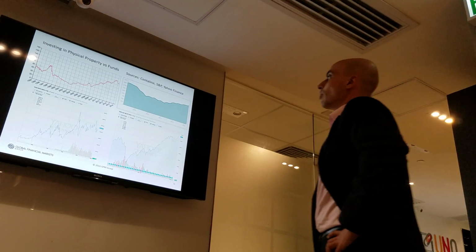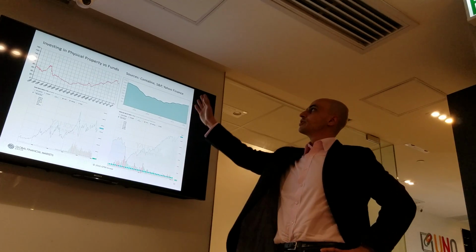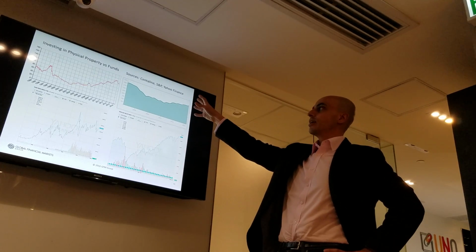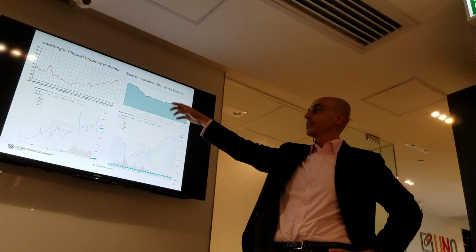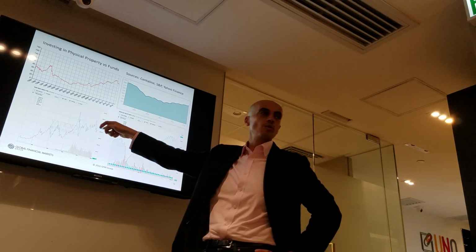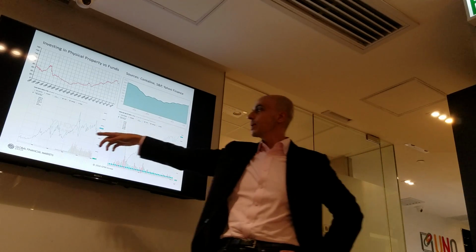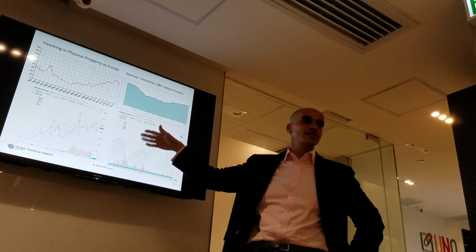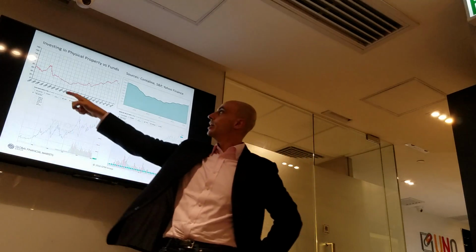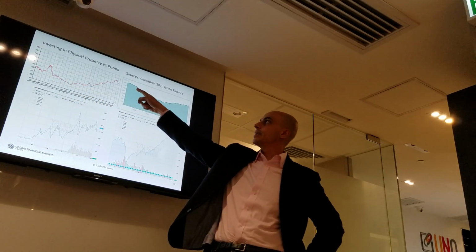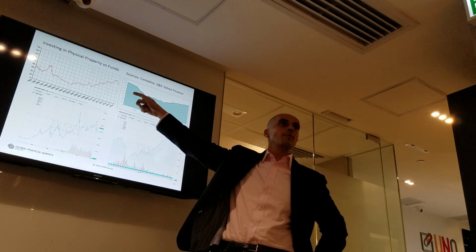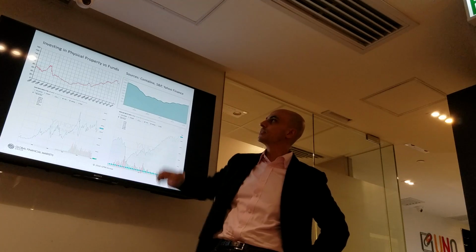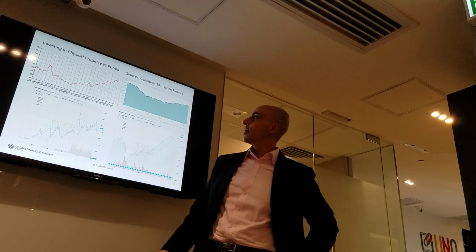So on this slide, I wanted to show a little bit about the difference between physical property versus stock funds. I could have replaced the charts down here with long-term REIT indices, but I have more data on the stock indices, so I'm just using that as a proxy. This up here is the Centaline index of physical property prices in Hong Kong, and I think this one's specifically on Hong Kong Island.